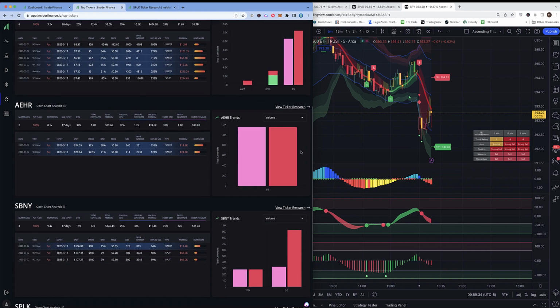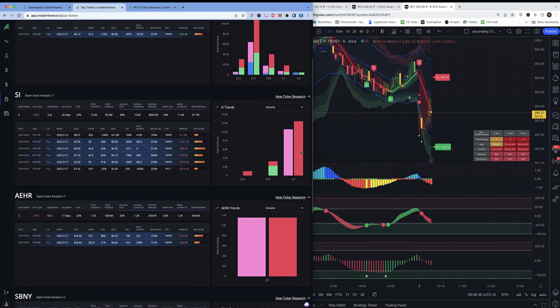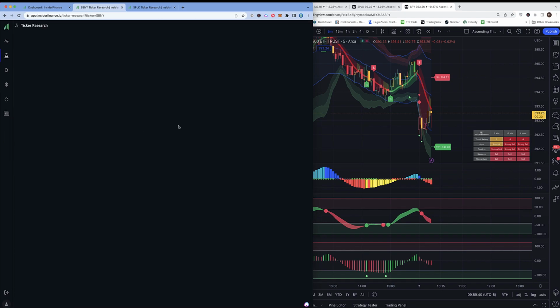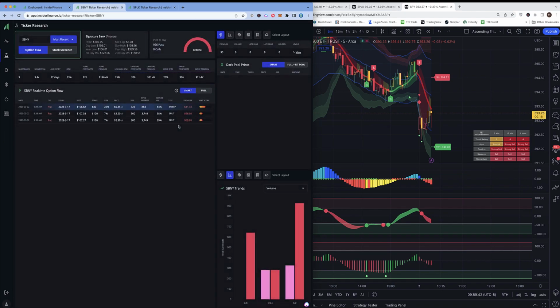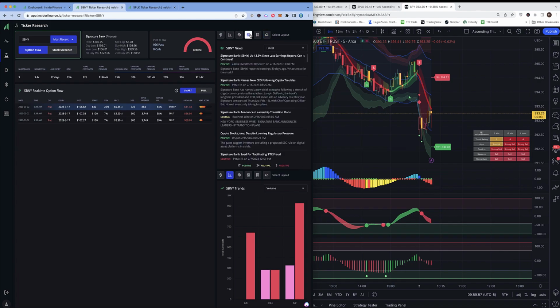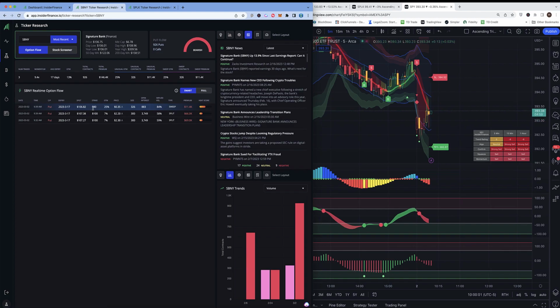While waiting for SPLK to top out and for SPY to still bottom out, yet another interesting ticker popped up on this day, SBNY. At the time of this trade, I was not aware of the news surrounding this ticker. It was not until a full week later that big news broke out about a series of banking failures so big that the government had to step in and provide liquidity for several large banks or risk severe destabilization of centralized finance. So on this day, I took a same-day trade on SBNY, but did not capitalize on the larger